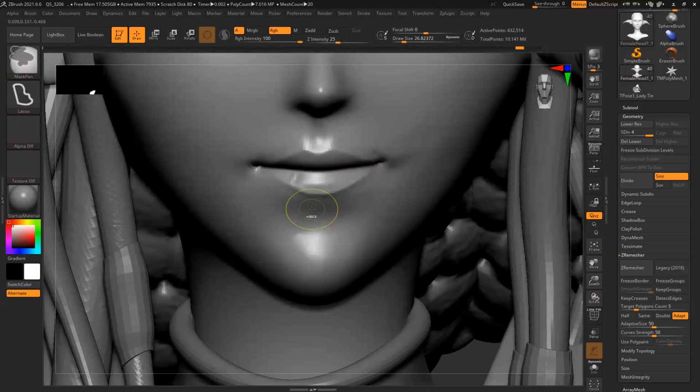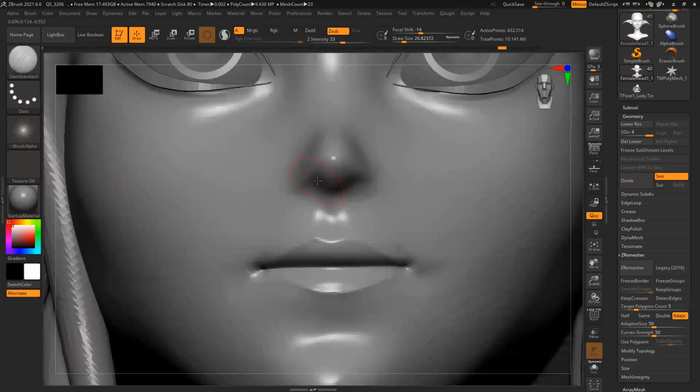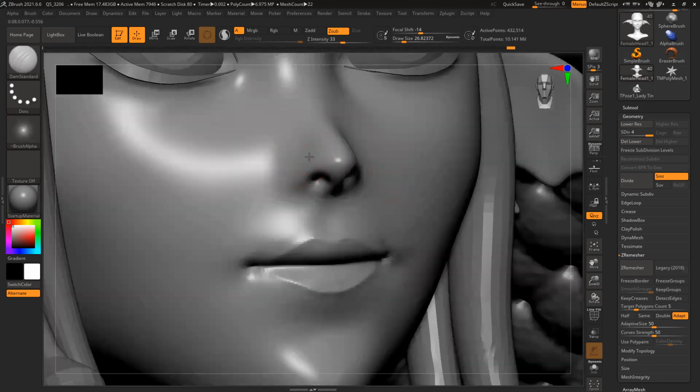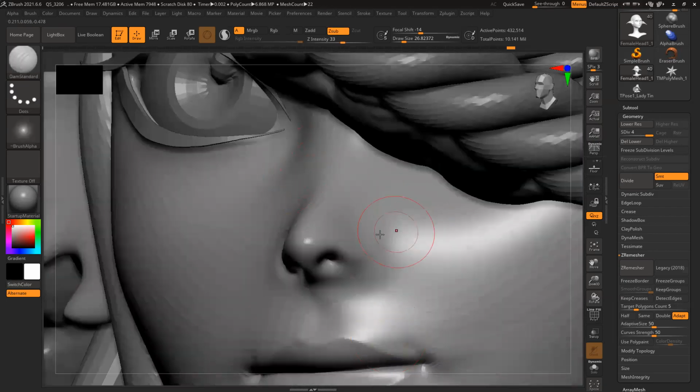The detailing is later. We have to do both sides manually. So that's why we have to fix this. We have to remesh the model first, then pose it. I did the pose first, so it makes my life a little bit miserable and I have to work extra. If you do the remeshing first, then you don't have to do this. First remesh, then T-pose, then come back again.